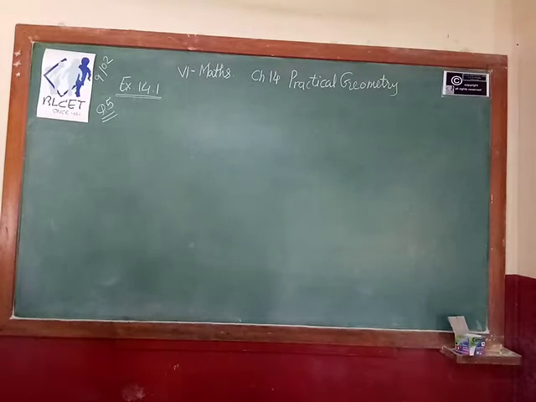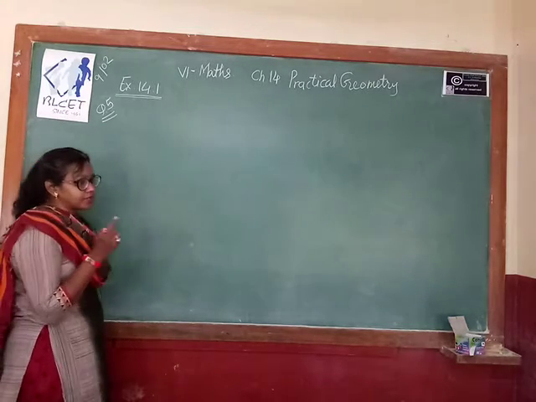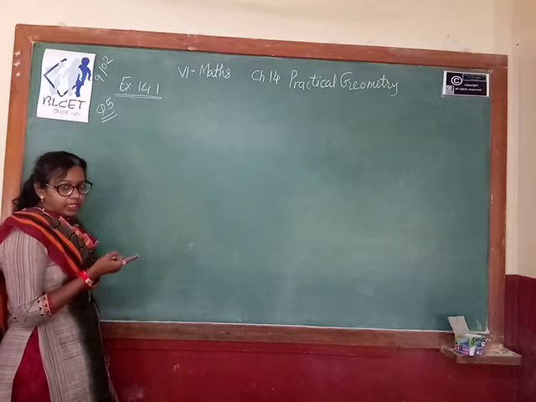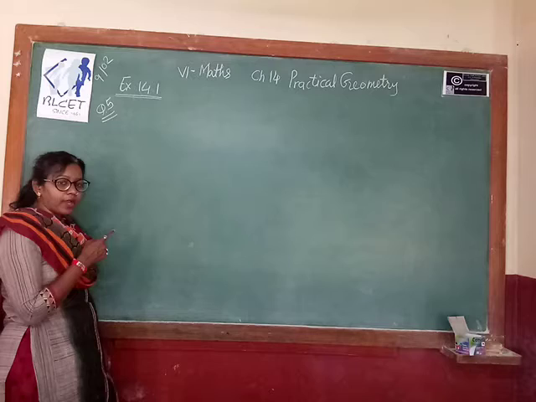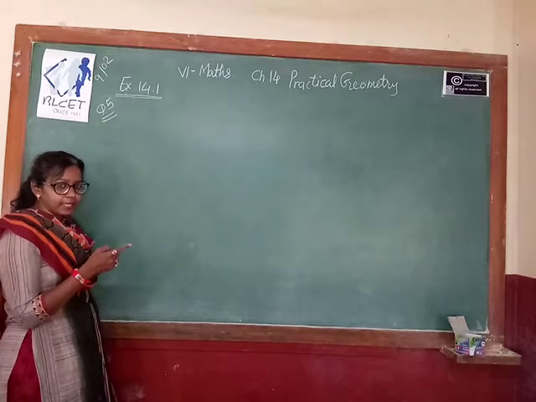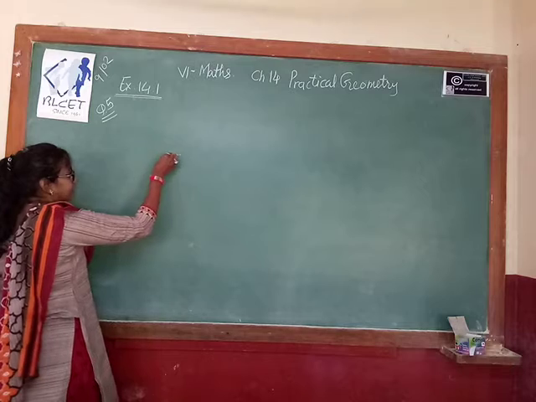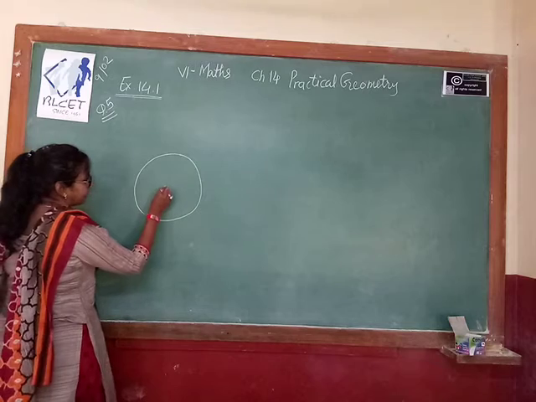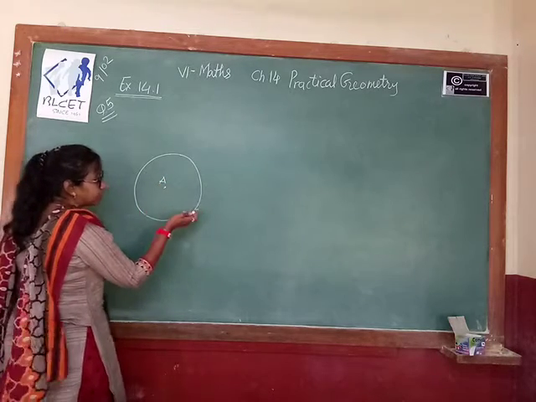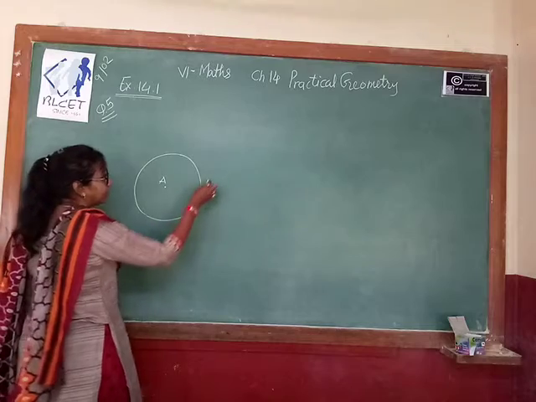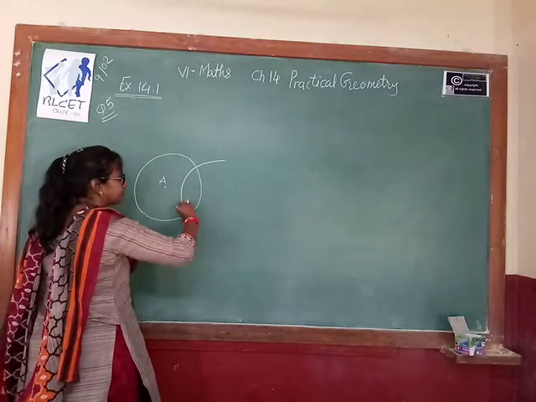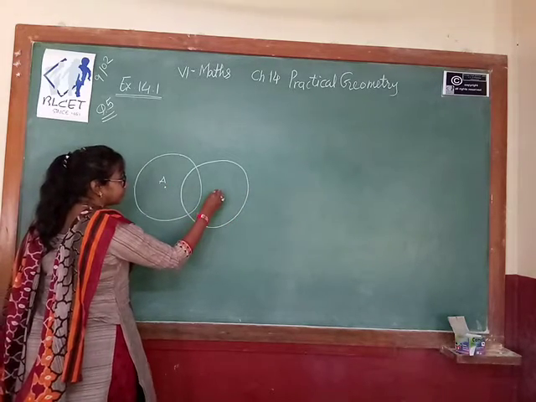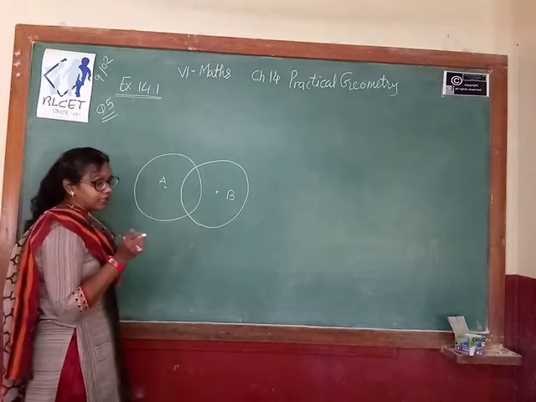So we draw two circles of the same radius, and they will intersect each other. We join the points A and B, which makes one line segment. Let's see. So this is your first circle. Suppose you take the radius 4 cm. This is your center A. The same radius we are using, and we draw another circle like this. The center is B. You draw the circle with the compass.